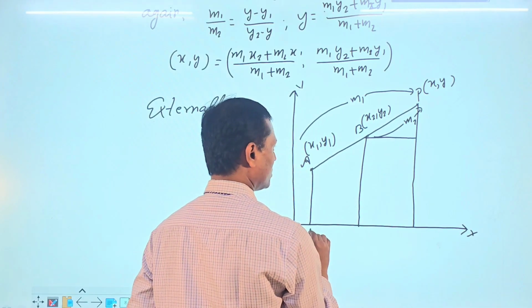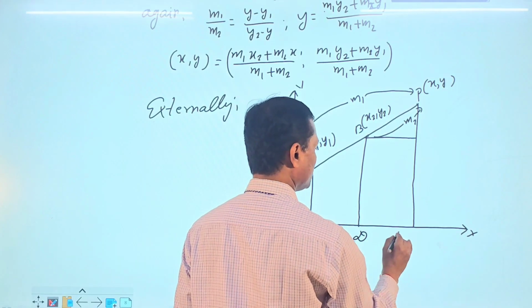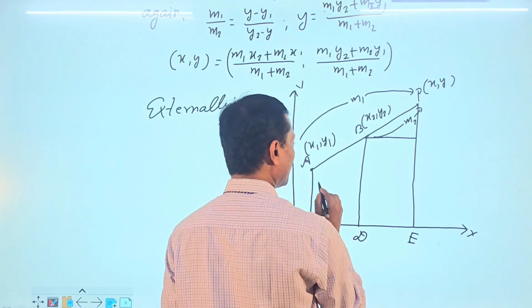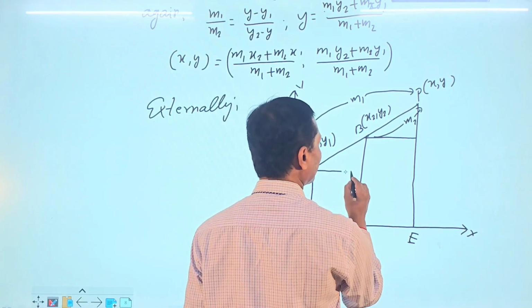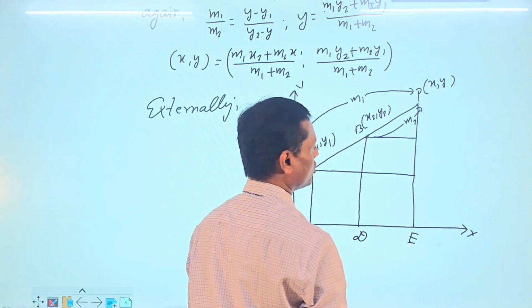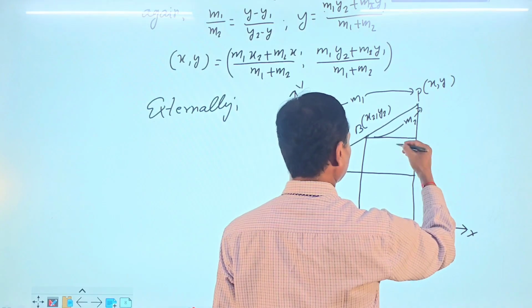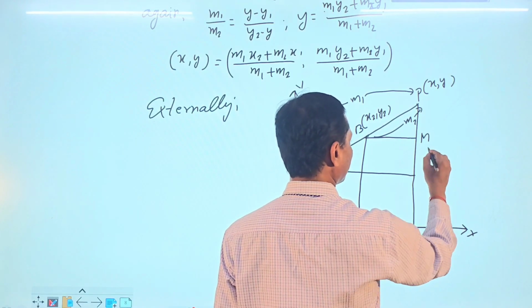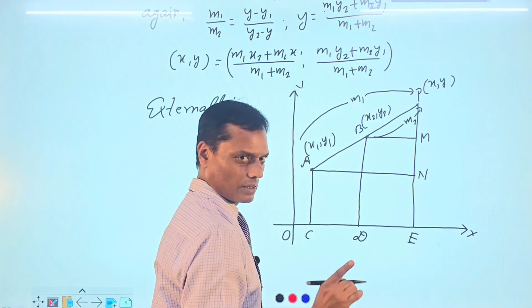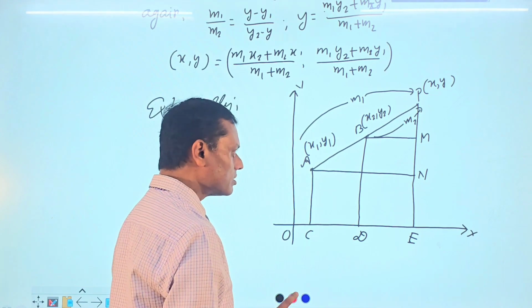Let these be your C, D, E, and from here you have to draw perpendicular like this here on this line, don't forget. Let this point be any point M, and that is your N, understanding? So one thing you have to understand here,